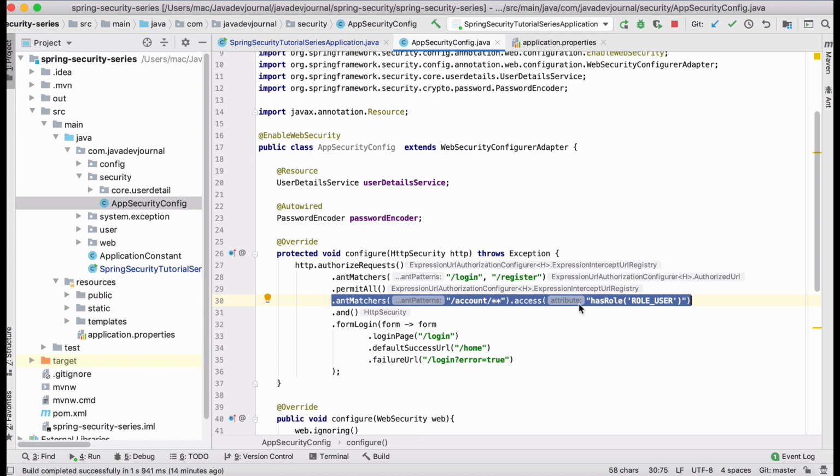I'm also going to talk about how the filter chains and delegating filter proxies work internally, and how your request is intercepted. I'll cover those things in the next lessons.